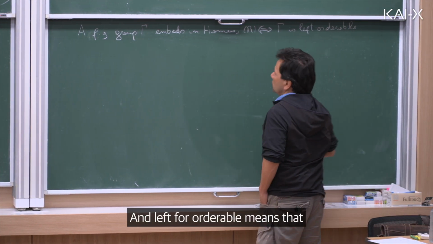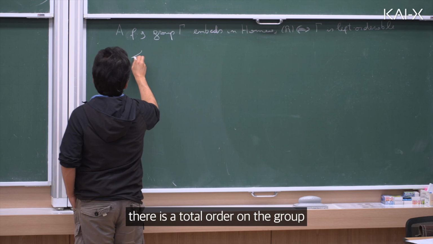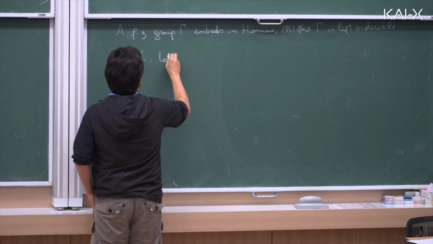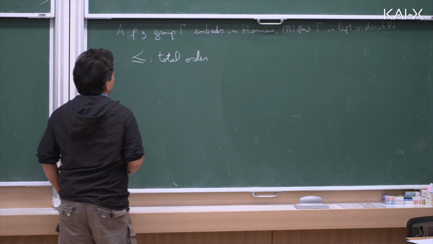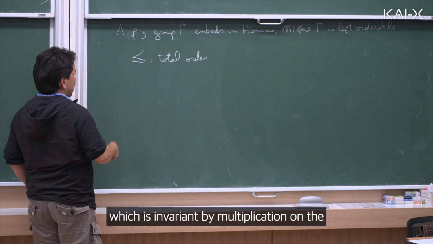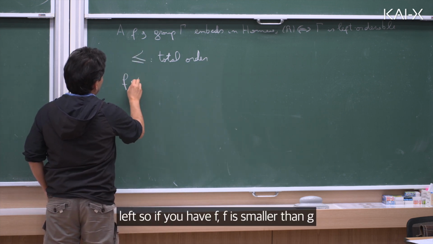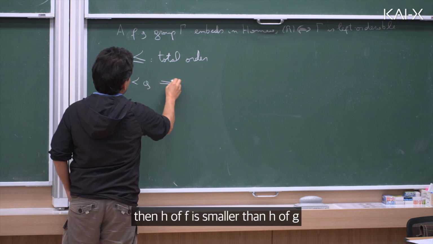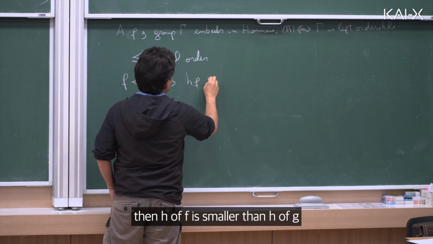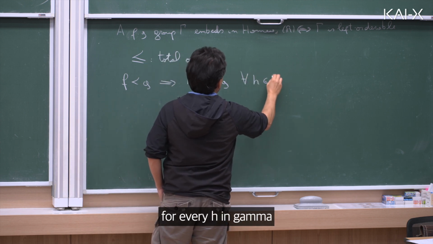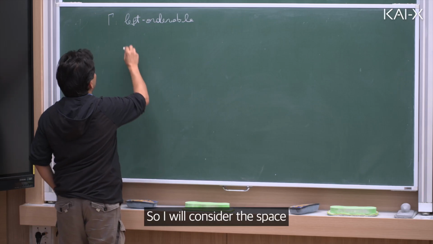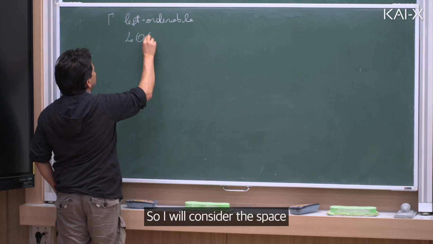And left orderable means that there is a total order on the group which is invariant by multiplication on the left. So if you have f smaller than g, then h f is smaller than h g for every h in gamma. So I will consider the space